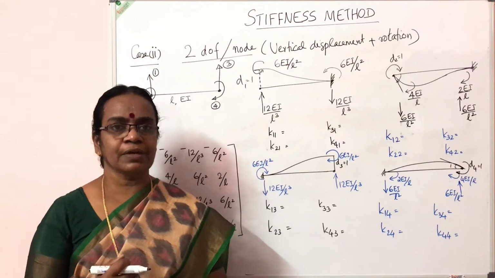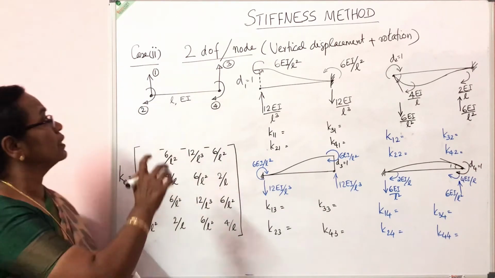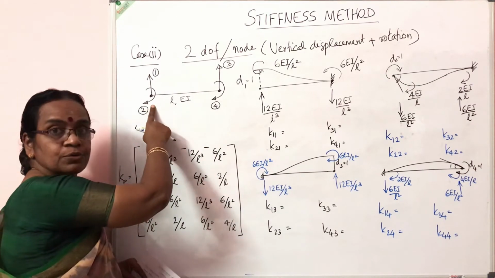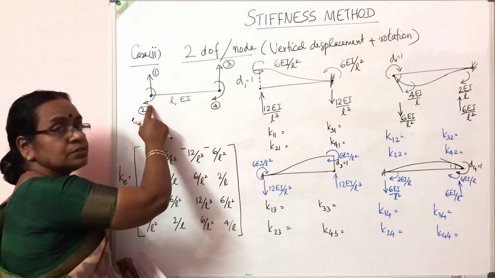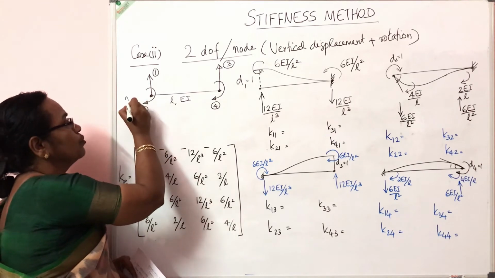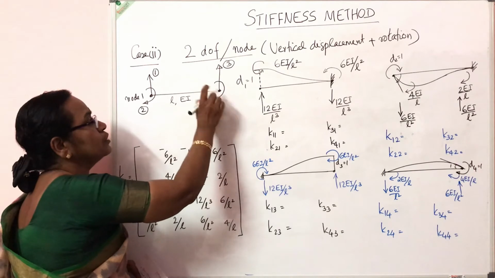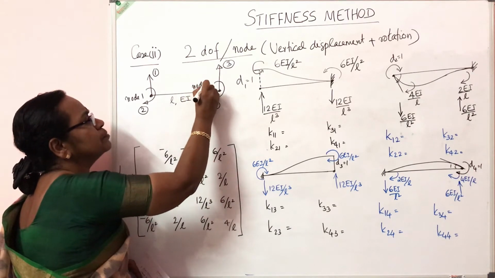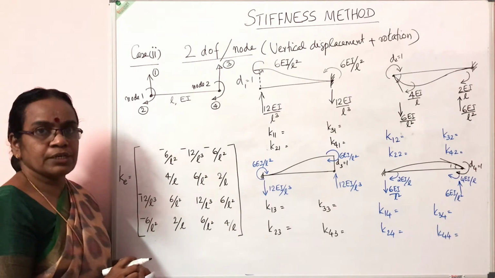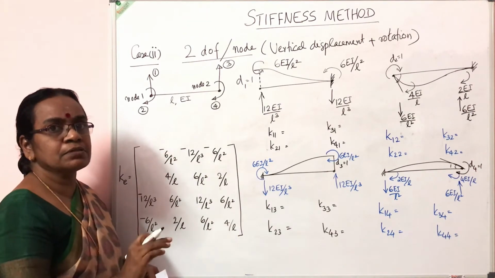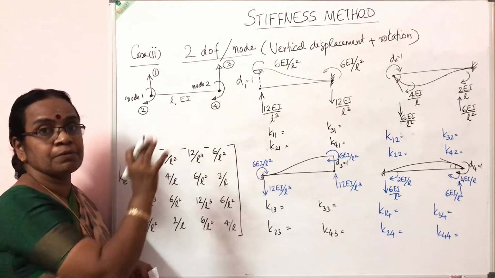And now we are going to develop the element stiffness matrix for the most general case, a beam element with 2 degrees of freedom per node. The vertical displacement is 1 and the rotation is 2. This is at node 1. Similarly, for node 2, 3 is the vertical displacement and 4 is the rotation. Axial displacement is neglected in the beam. So this is the most general case of a beam element.